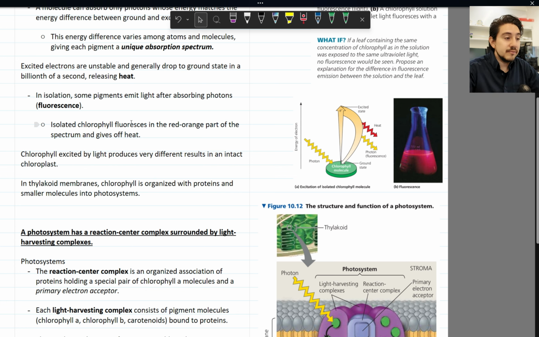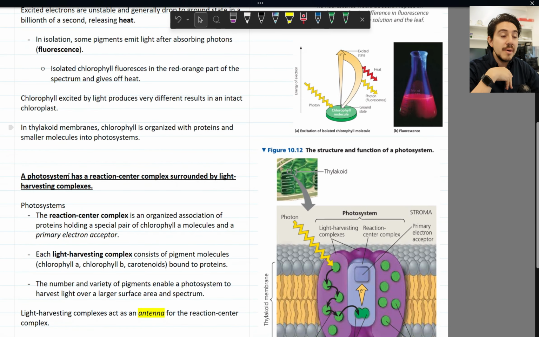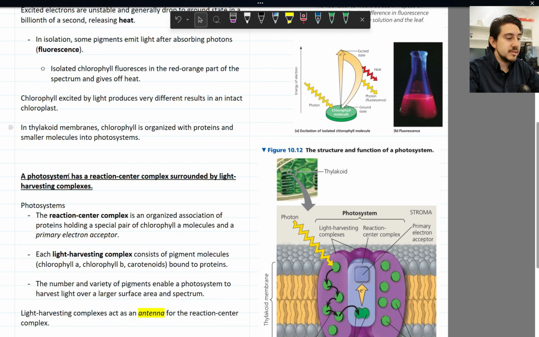Isolated chlorophyll fluoresces in a red-orange coloration, right? Part of the spectrum then gives out heat. Okay, now of course plants don't do that. We don't see plants glowing like this. But when you have chlorophyll that is excited by light, different things happen when they're part of a system within the chloroplast. Okay, so in the thylakoid membranes, chlorophyll is organized in complexes with proteins and small